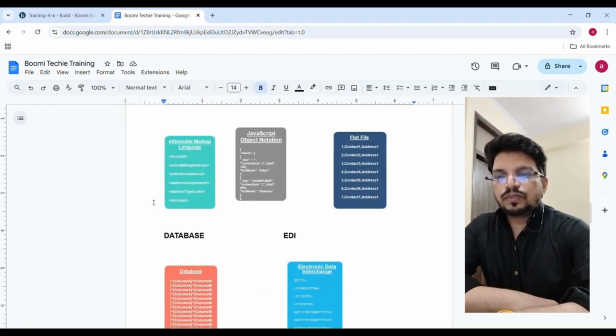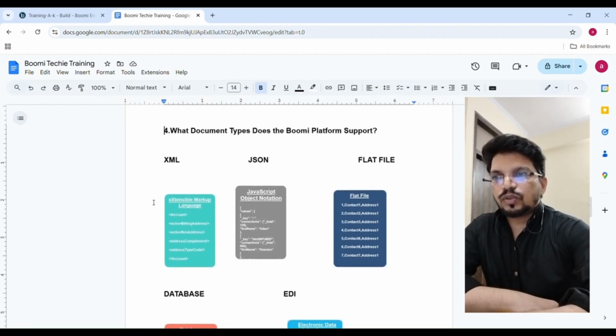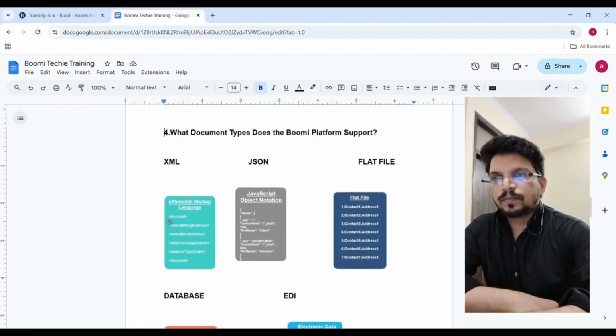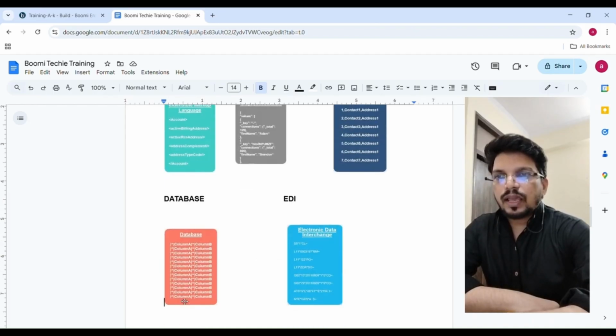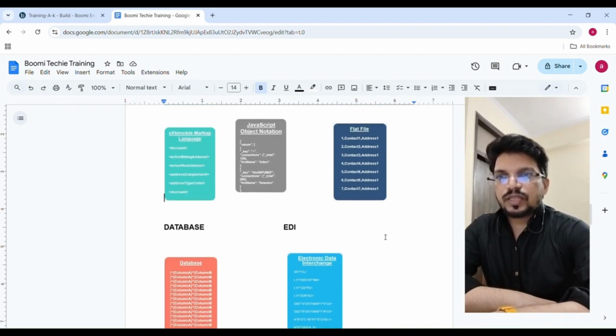सपोर्ट करता है। तो ये बूमी 5 टाइप डेटा फॉर्मेट सपोर्ट करता है। इसमें फर्स्ट देखोगे एक्सएमएल है, एक्सएमएल का ये फॉर्मेट होता है। जेसन हो गया, जेसन का ये फॉर्मेट होता है। फ्लैट फाइल को सीएसवी फाइल भी बोलते हैं, कॉमा सेपरेटेड फाइल। तो ये भी इस टाइप का होता है। डेटाबेस टाइप का डेटा सपोर्ट करता है, ये डॉक्यूमेंट, और ईडीआई टाइप ऑफ डॉक्यूमेंट, मतलब 5 टाइप के डेटा फॉर्मेट को ये सपोर्ट करता है।